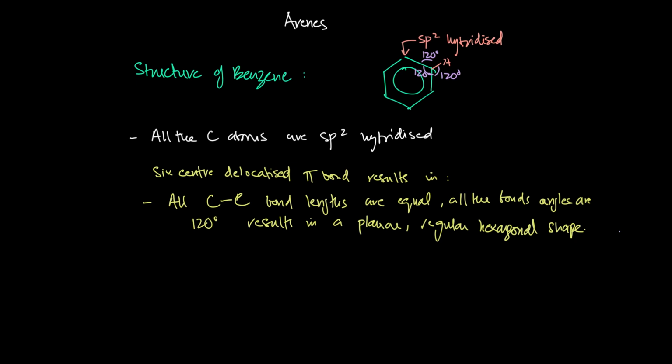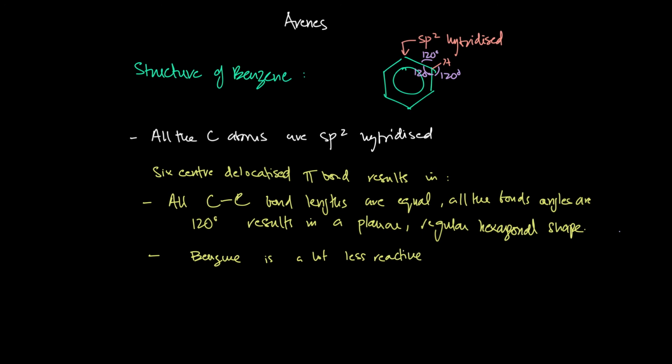Here, because of the delocalization of the electrons, what happens is that it results in benzene being much more stable than alkenes, even though it's unsaturated, just like alkenes. Due to delocalization, benzene is a lot less reactive